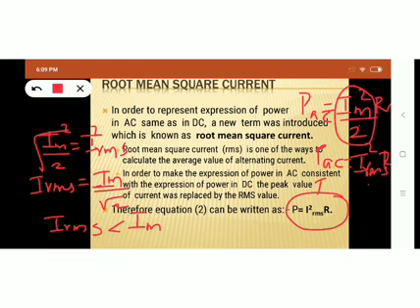Now you know the expression for power in a DC circuit, it is I square R. Now just look at both the expressions of power dissipation. In AC circuit, the power dissipated is I square RMS into R. In DC circuit, the power dissipated is I square R. So both look similar and it is very convenient to remember both the expressions. And both the expressions look consistent too. So that is the advantage of root mean square current. That's why we introduced this concept, or this term, root mean square current.